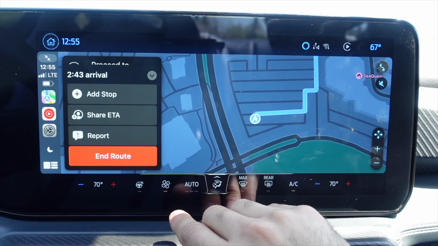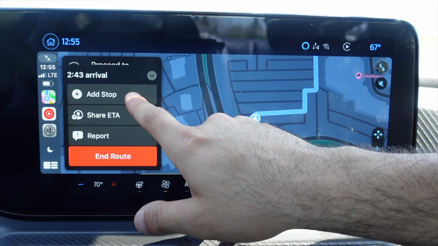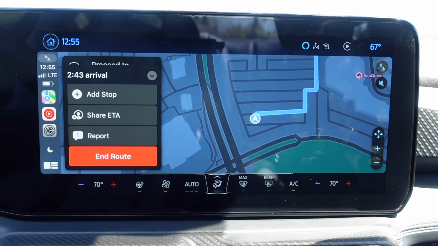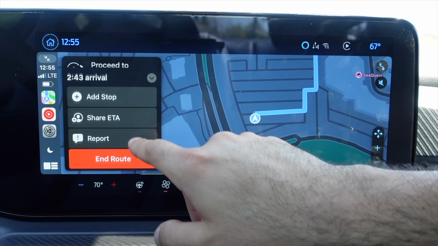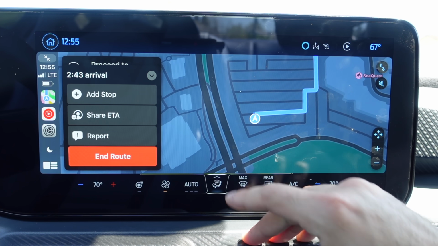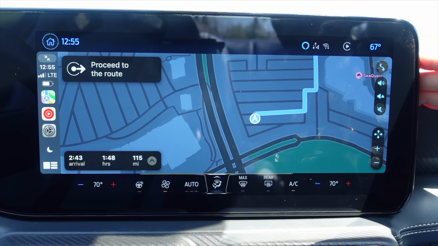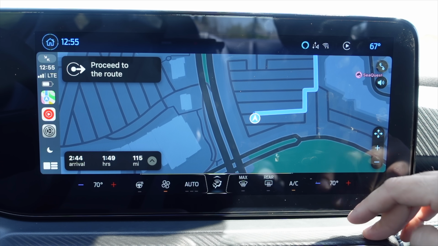But what I want to go ahead and show you is add stops. Now you can add multiple stops to your routes. So if you're stopping at a gas station, you can enter that information and continue the route. Now right here, you do have the capability to verbally have